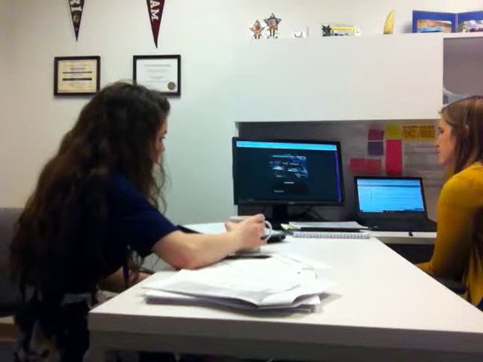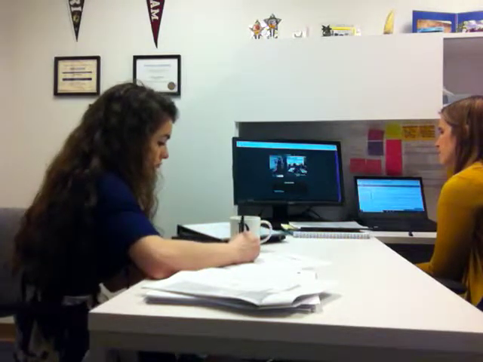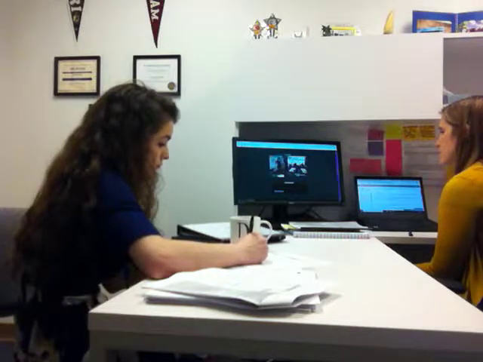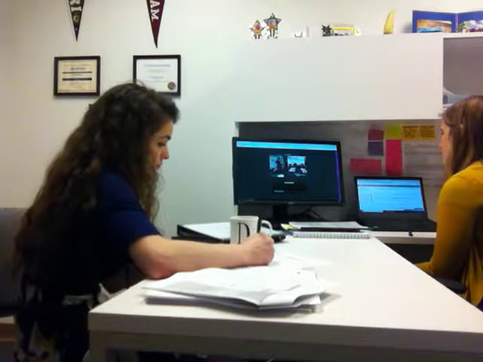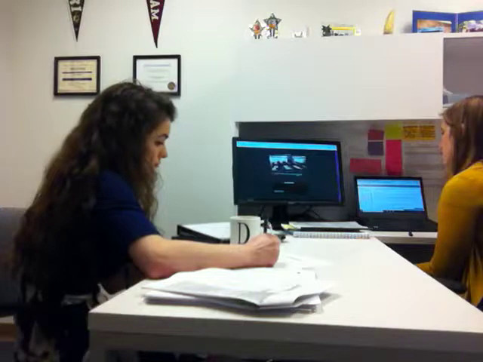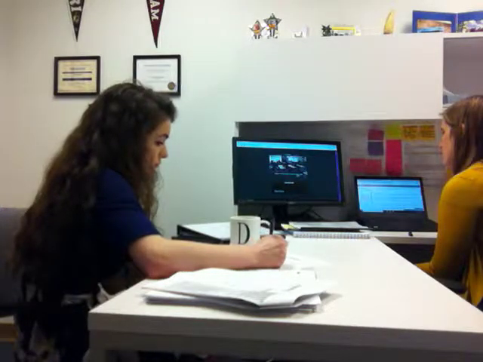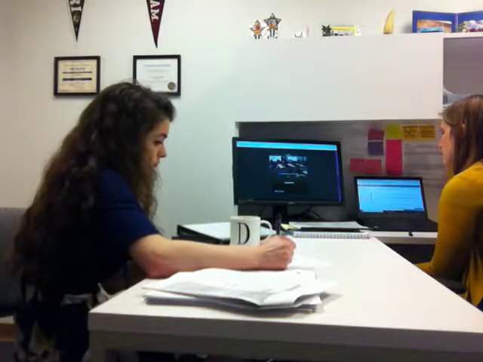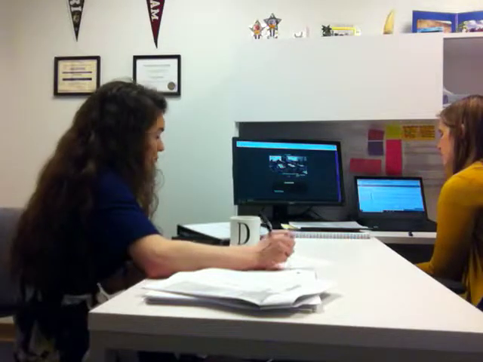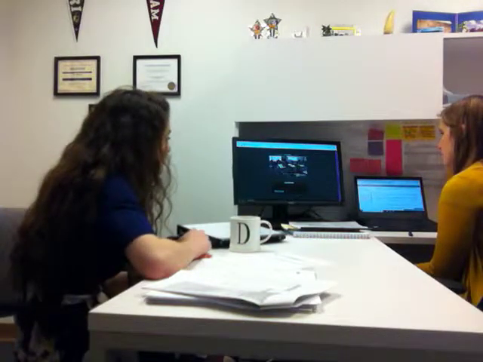Who would like to talk to me about option 1? Because she said option 2 is correct. Who wants to talk to me about why they think option 1 is not correct? You did, yeah? Option 1 is not correct, because if you count how many parts are on the flag, you will have 3 parts. And option 1, the person just put 1 on each part, and the other